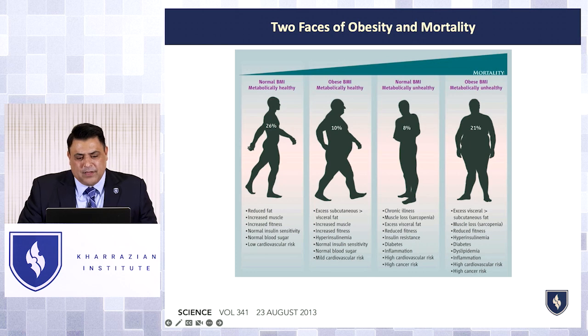And then we also know when researchers look at body composition, BMI itself has its own limitations, because for example, there's 10% of people that are metabolically obese, but they're metabolically totally healthy. They don't have any insulin resistance issues. They don't have high blood pressure. They don't have any problems. And one of the main factors is also they have a lot of muscle mass. So this is an obese person, abnormal BMI, but so healthy. Then we also have normal BMI people that are metabolically unhealthy. Even though they're normal body weight, they have insulin resistance, they have lots of inflammation, they have cardiovascular risk. So you've got to be careful just looking at BMI.